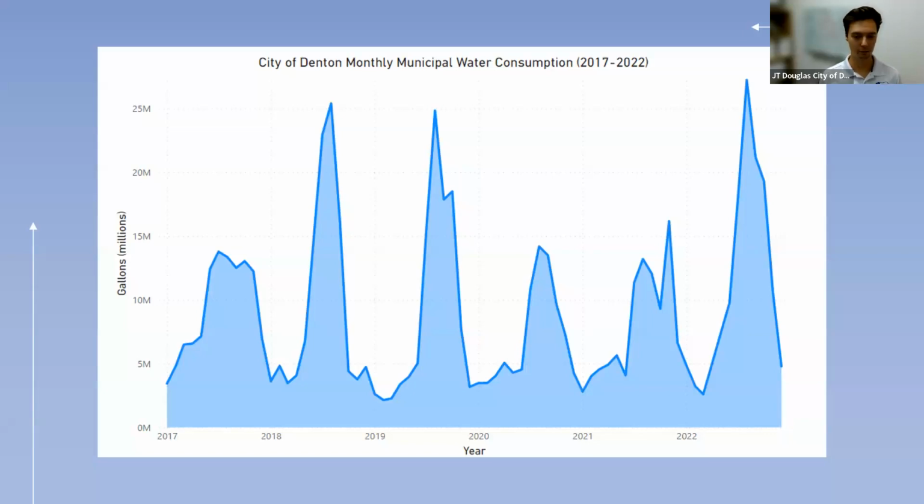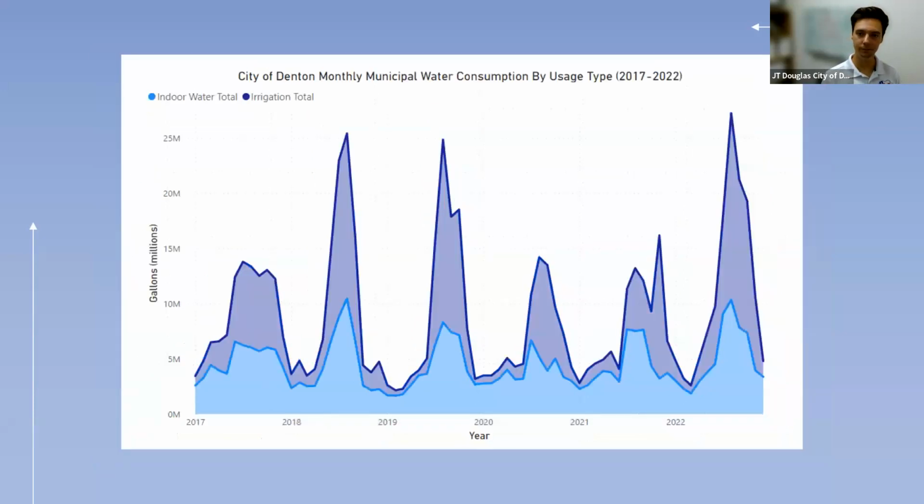We've learned a lot here, right? We can identify some of these peaks as our summer peaks. So we can make an assumption about that. Water use is higher in the summer, of course. But let's take it to the next level and see if we can add a little bit more of the why. So this is much different than where we started, right? So now we've got even more context.